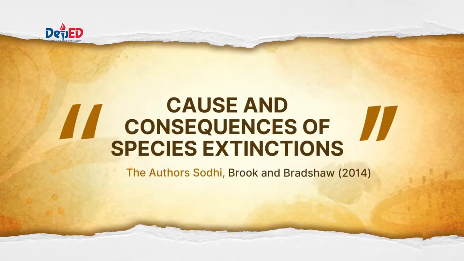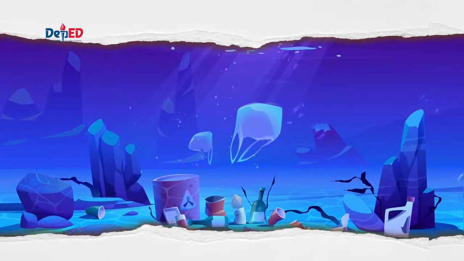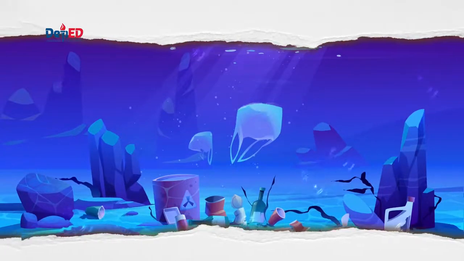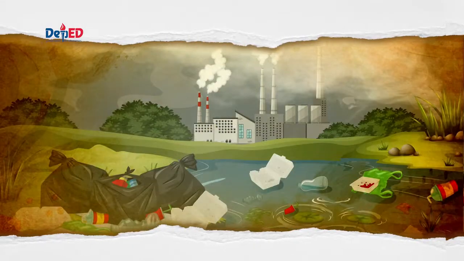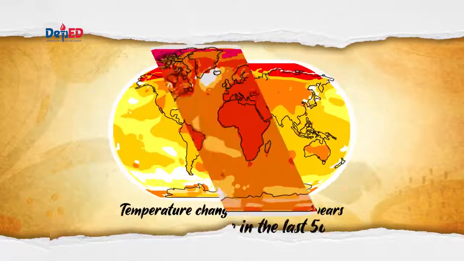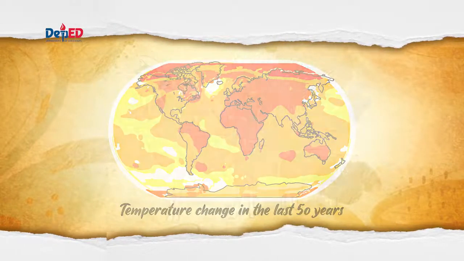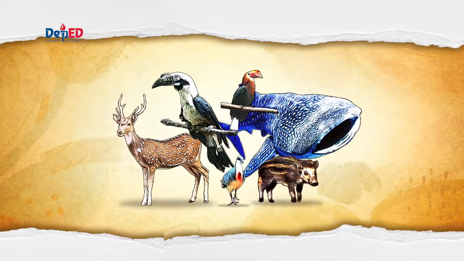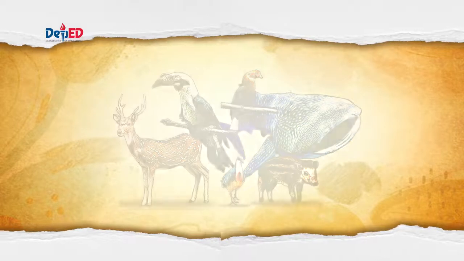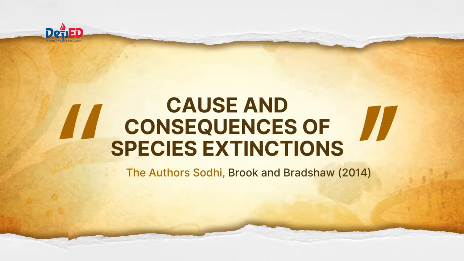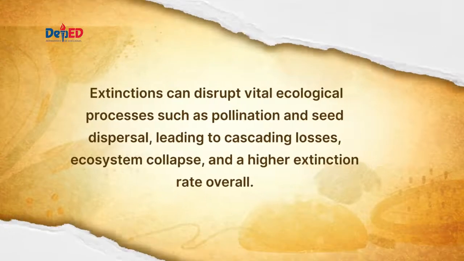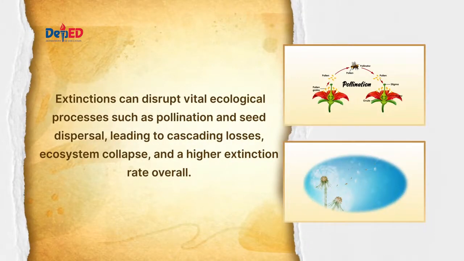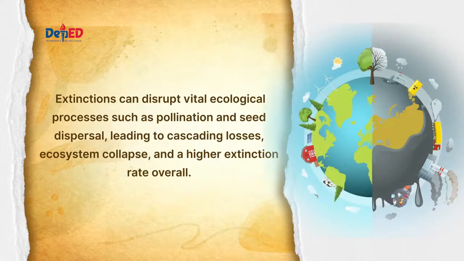Habitat loss remains the main driver of extinctions, but it may act synergistically with other drivers such as overharvesting and pollution, and in the future, climate change. Large-bodied species and rare species are particularly prone to extinction as a result of rapid human modifications of the planet. Extinctions can disrupt vital ecological processes such as pollination and seed dispersal, leading to cascading losses, ecosystem collapse, and a